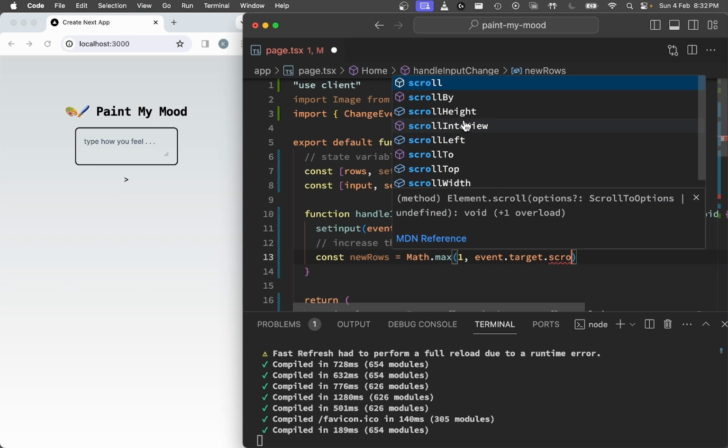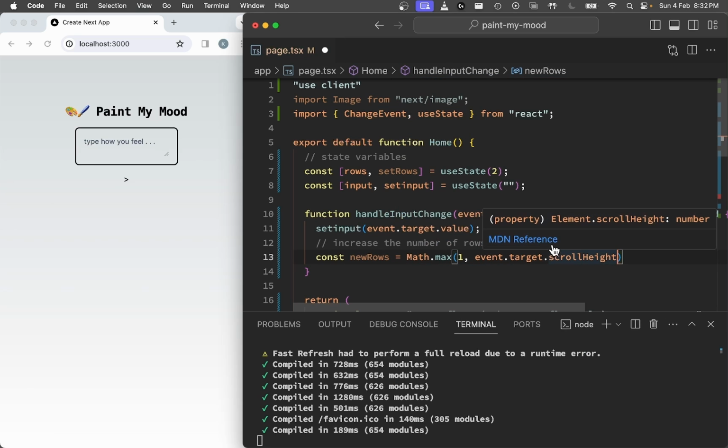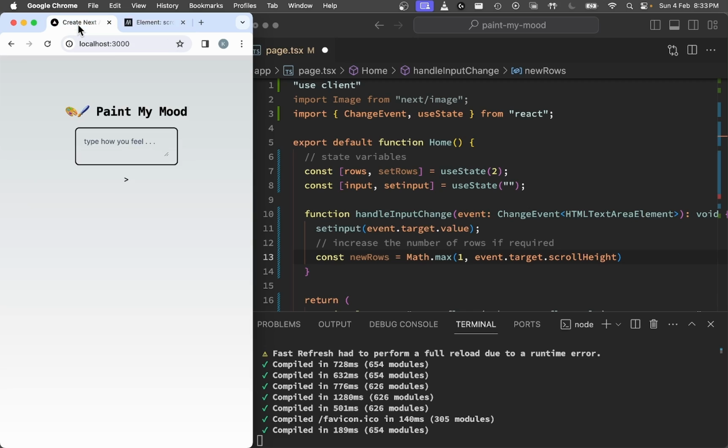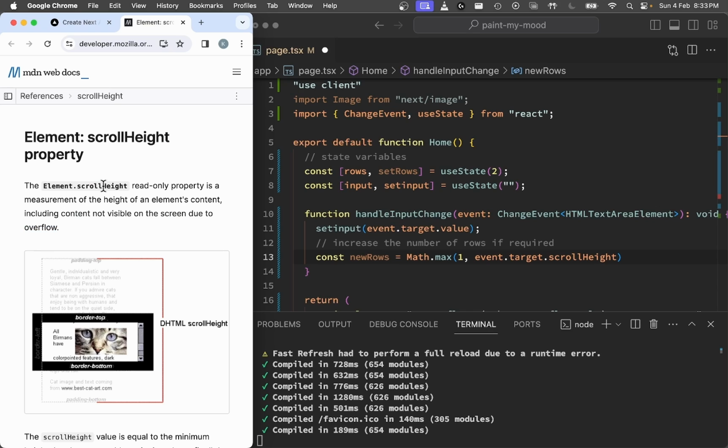event.target.scrollHeight. So if we hover over the scrollHeight and then click on this MDN reference and click on open, you'll see that element.scrollHeight is a read-only property that is a measurement of the height of an element's content, including the content that is not visible on the screen due to overflow. So that is a typical case for a text box, when you type some more content, there will be a scroll bar visible. So we want to find out what is the actual height of the content, and this scrollHeight gives us